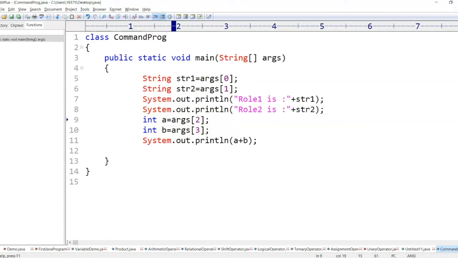So for that we need to use the class Integer.parseInt of this, which means you're converting one data type to another manually. So again, I'll do the same thing here: Integer.parseInt of args of 3. Save this.